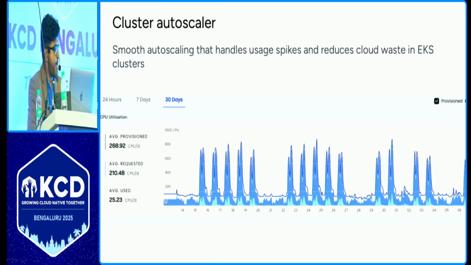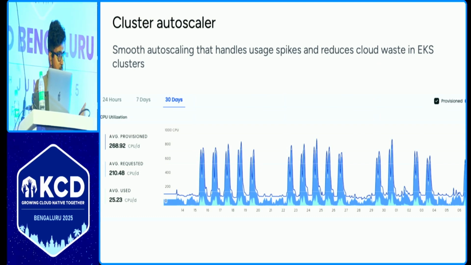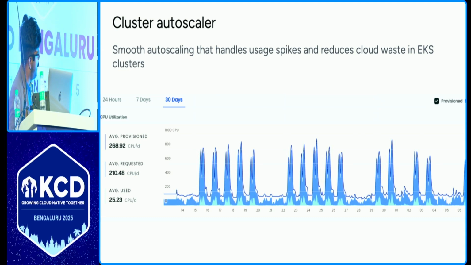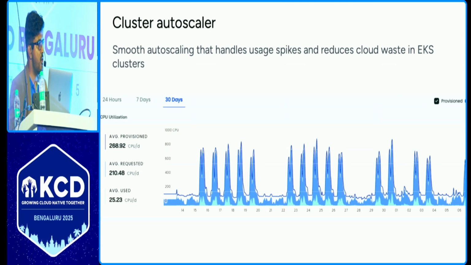Now, what else? You solve the problem for GPU, you solve the problem for other, but what about the bare CPU and memory? There also the revenue stages. This is the cluster managed by an automatic agent, which is backed by AI and the inheritance and the data which is already present. How sharp the peaks are. Have you seen this? The peaks are super sharp, which means I'm not wasting any resource. I'm not paying anything extra to the cloud provider. I'm just paying what I'm using, and that's how sharp the peaks are.